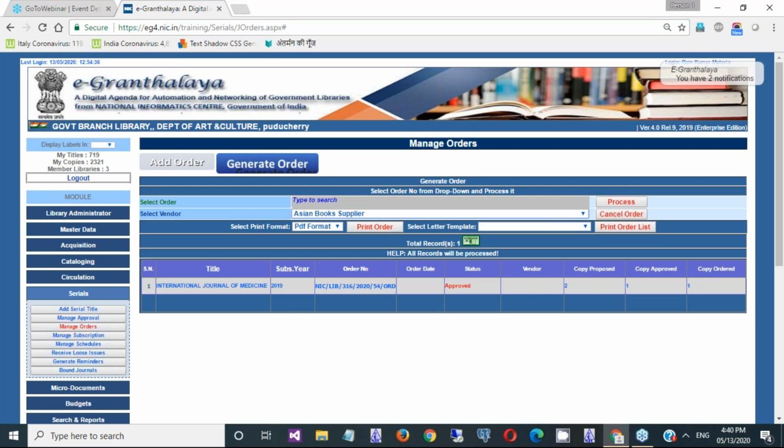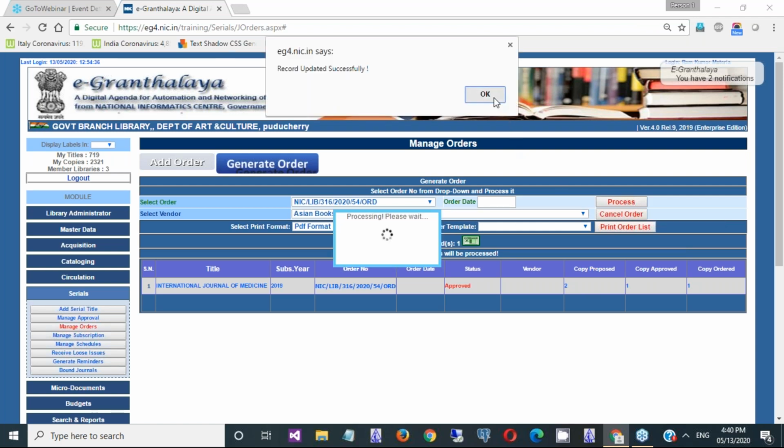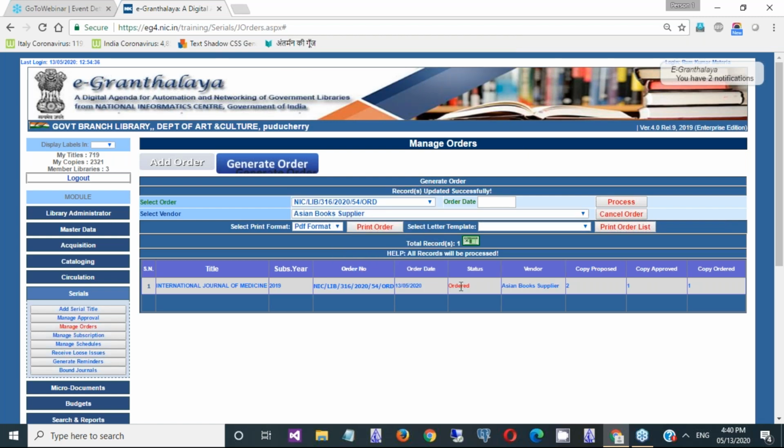If the vendor is not available in your list, then you need to add the vendor in the vendor master. Okay, after selecting the vendor, you just press the process button. So now the order has been placed to this particular vendor, that is Asian Book Supplier, and the order number is this,